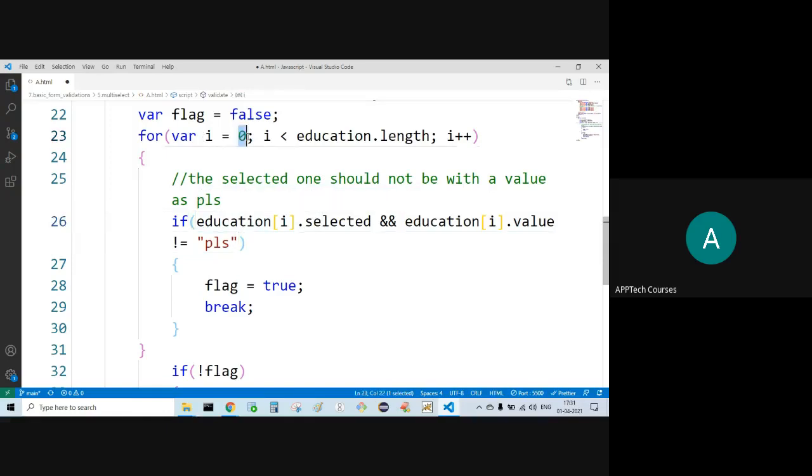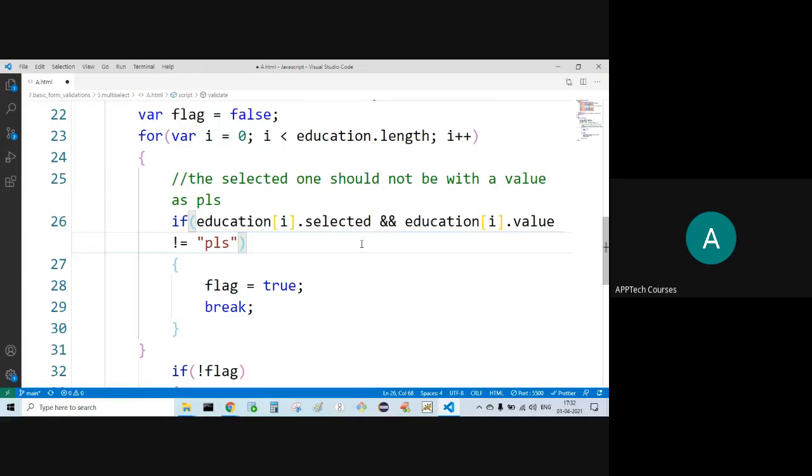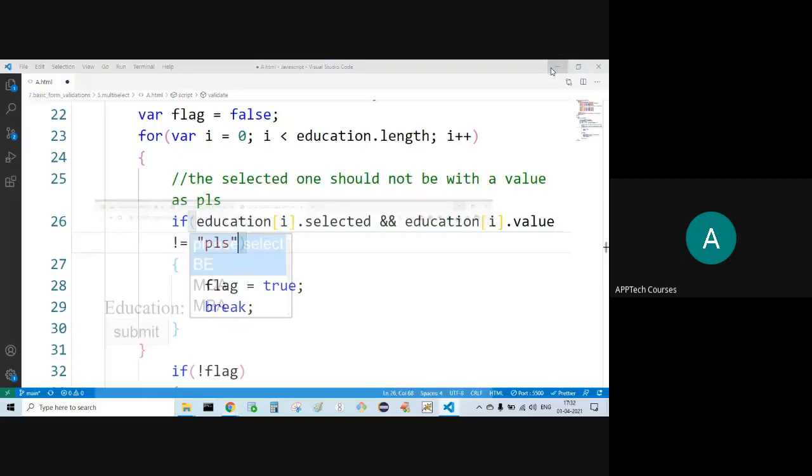For I is equal to 0, education of I, data selected. Two options I have selected. What is the last value I have selected? B. B.